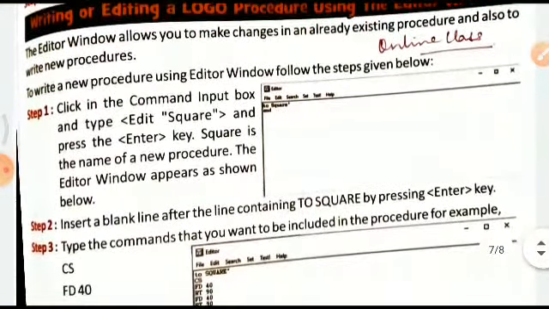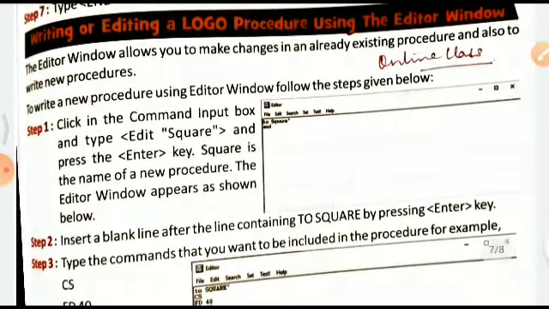Now writing or editing a Logo procedure. The editor window allows you to make a change in an already existing procedure and also to write new procedures. To write new procedures using the editor window, follow the steps given below. Click in the command input box and type edit square and press the enter key. Square is the name of a new procedure.